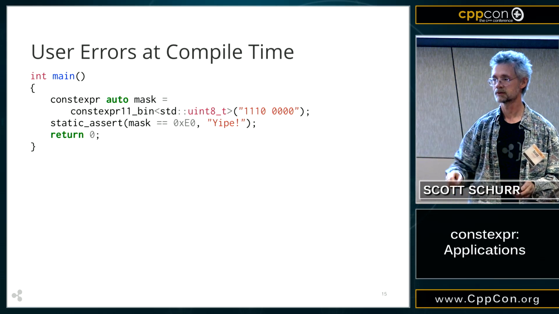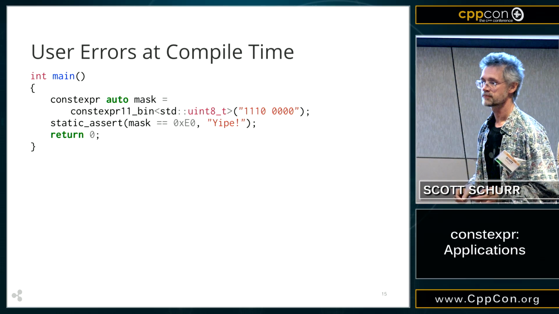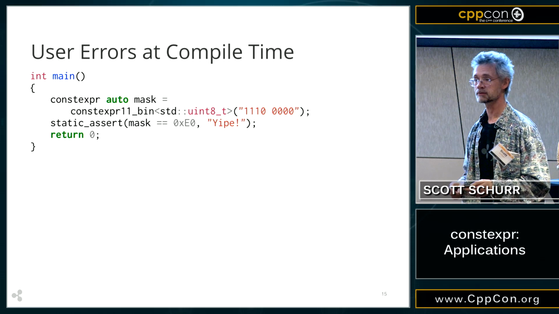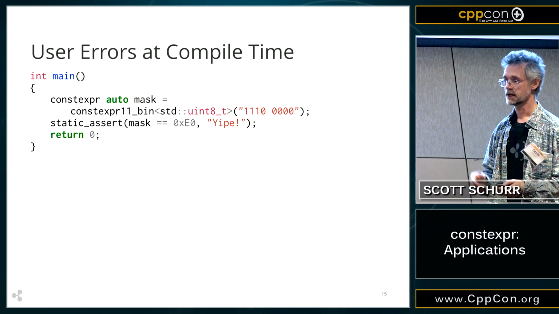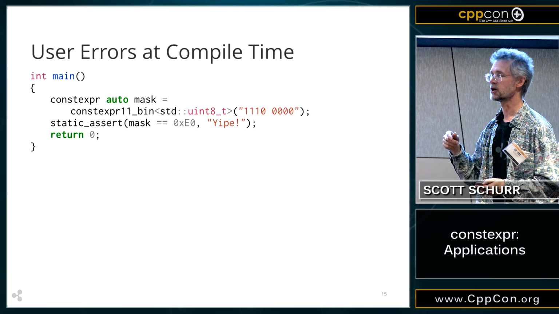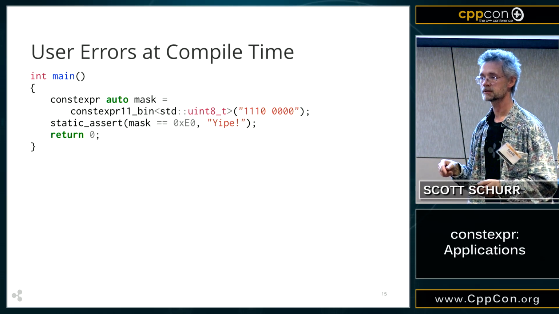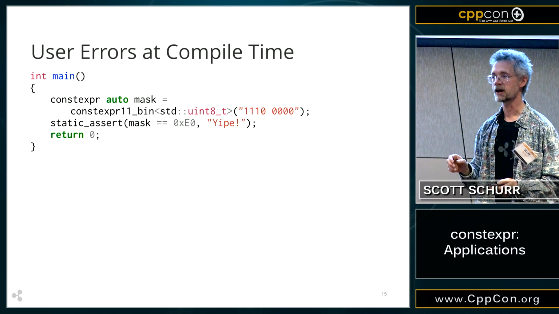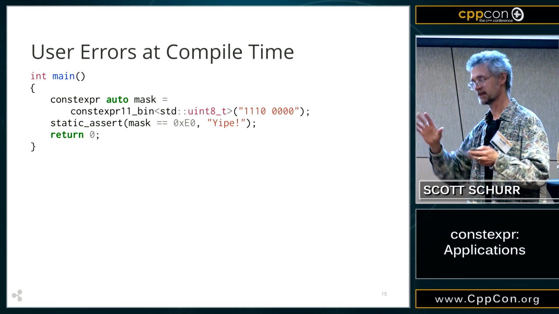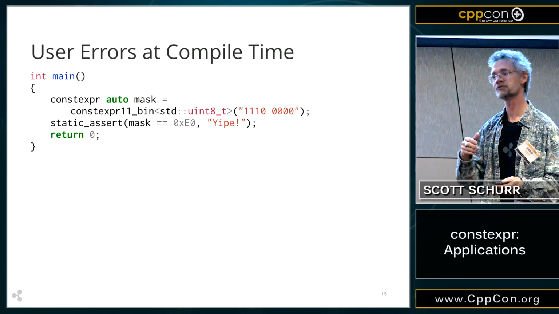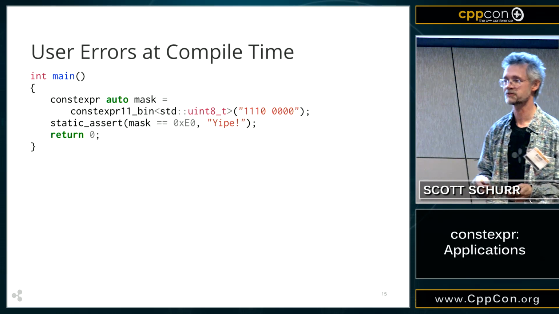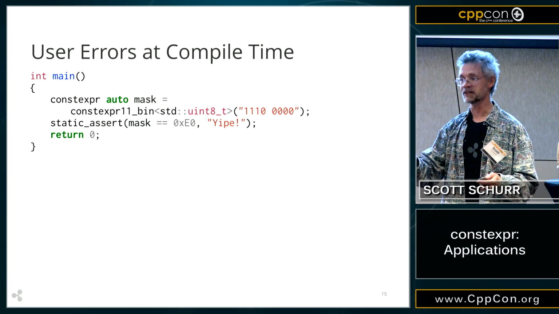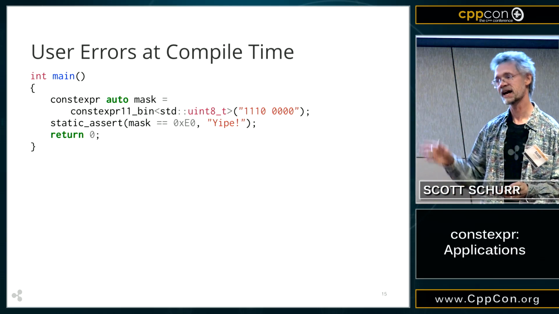Does that make mask a constant, or does it just initially evaluate at compile time and you can reassign it later? It is absolutely a constant. constexpr values are implicitly const, and if you cast away that constness and then modify the value, I learned yesterday, you are definitely deep in undefined behavior. I just picked the wrong word. But it's a bad place to be. Don't go there. This is a constant. Don't cast away its constness.